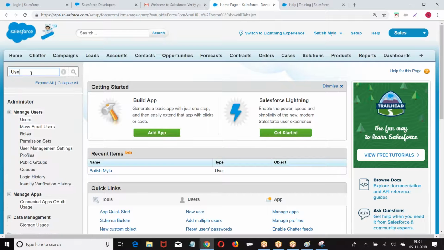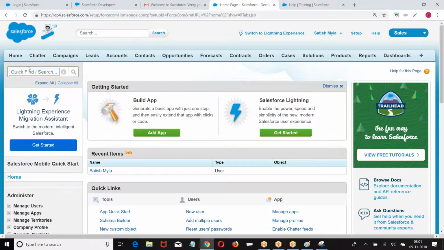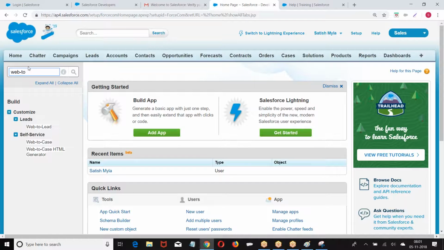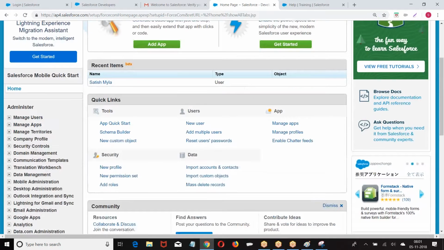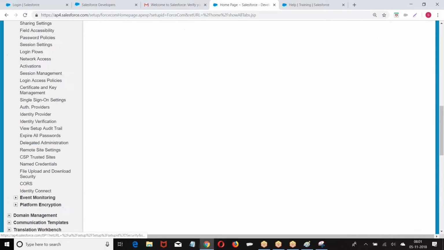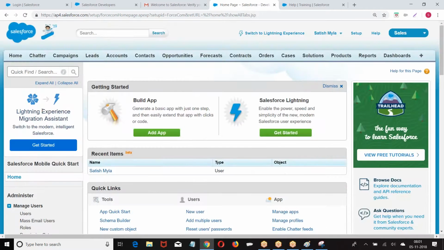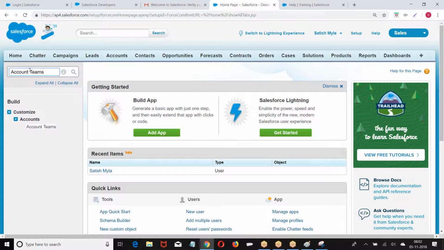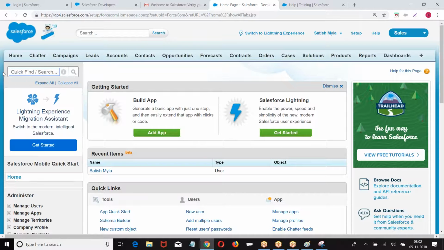Let us say user. If you want to search for a particular option, generally what we do, we go to this menu, then we use the option. If you remember, you can use it. Now I don't remember what is the option. There are plenty of options available here. If I don't want to remember this, we can search from here. Right? This is what? Search bar for the option. Setup menu search. Searching for the option in the setup menu.